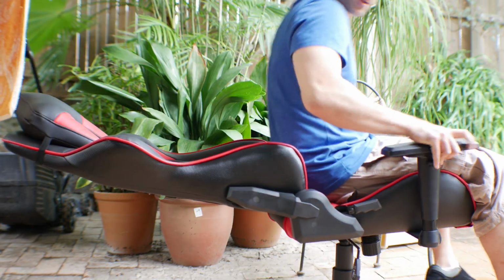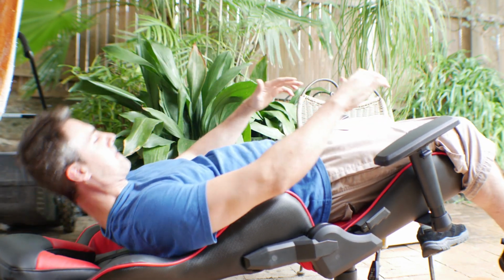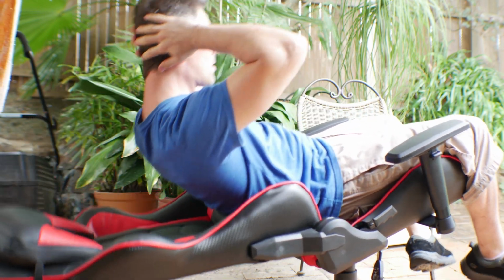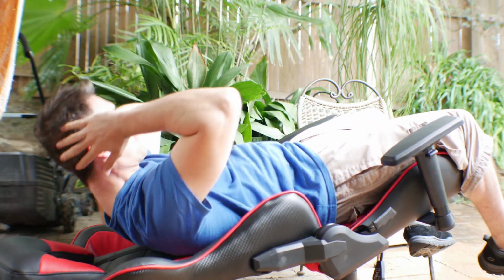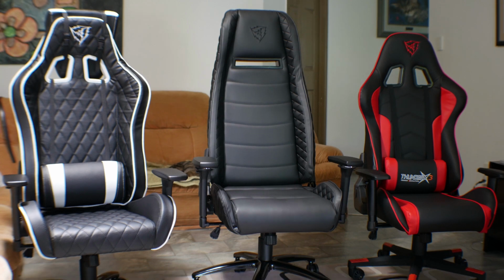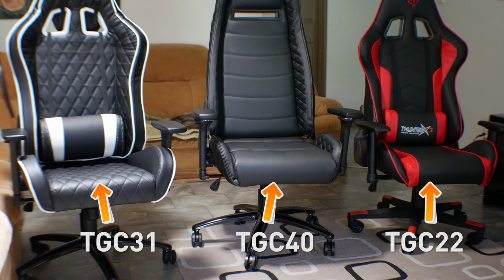And with that said, we have seen in the last year the emergence of the gaming racing chair that typically costs quite a bit more than your average chair, though it gives you more durability, comfort, and a different looking feel. Aerocool seem to stick to this formula well, and starting with the commonalities between all 3 Attack X3s I have here, the TGC22, TGC31 and TGC40, is that they benefit from extremely good build quality, with